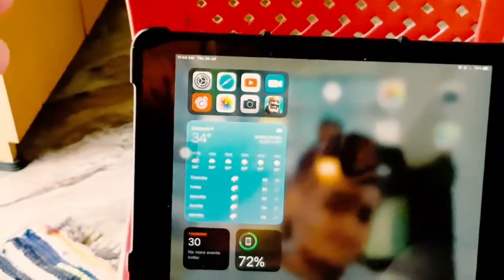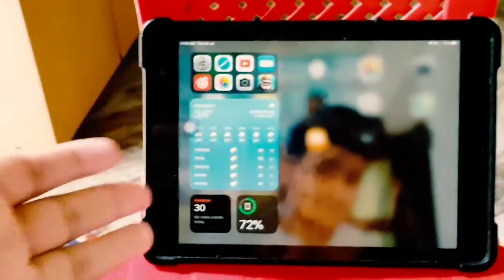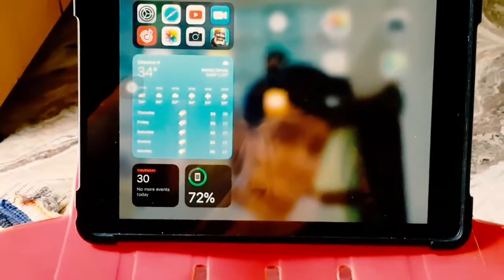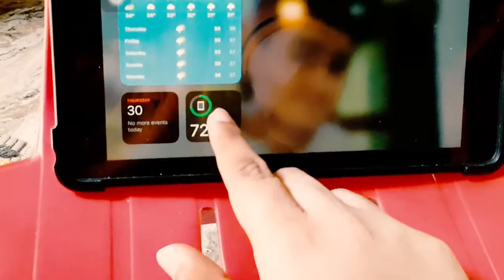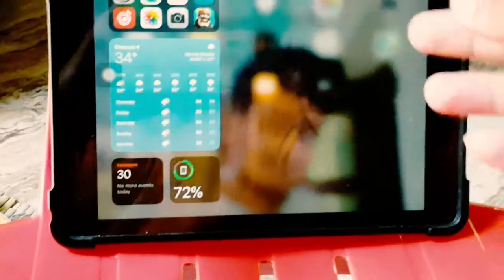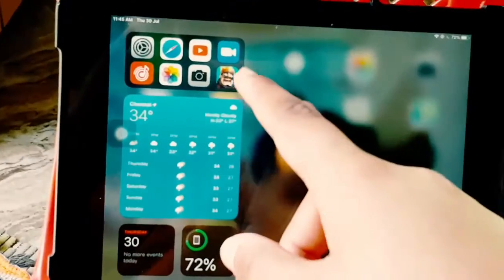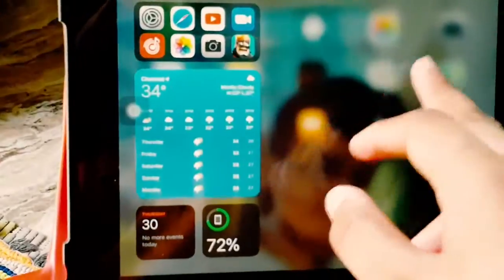compact UI, and you can see there are some brand new widgets on the left. It's very handy and very useful. I really love this brand new software update given by Apple. Hats off to them. You can see how much better it looks. There's a battery monitor here. If you have any other Bluetooth devices connected to your iOS device, it might show their battery percentage here. And up top you can even remove or add widgets, which is okay.